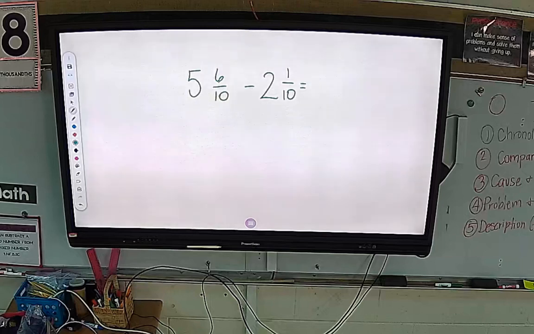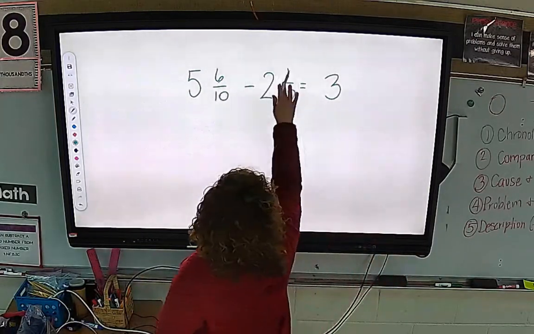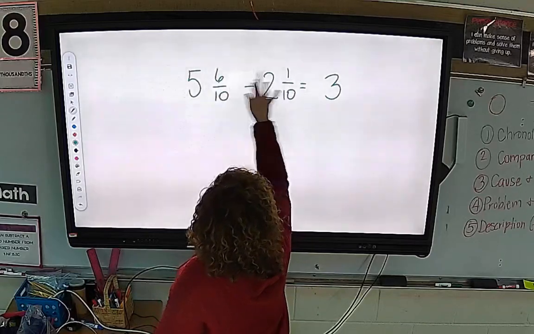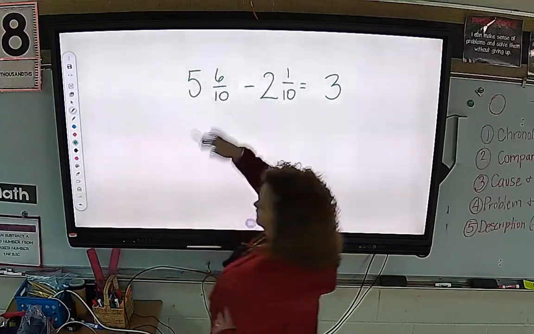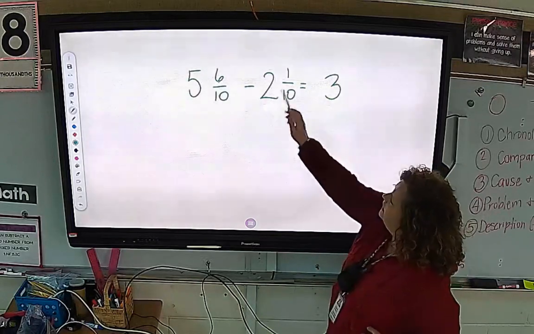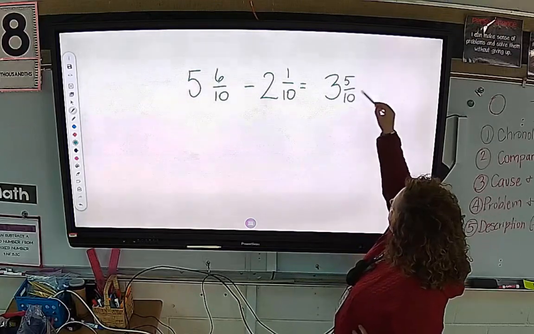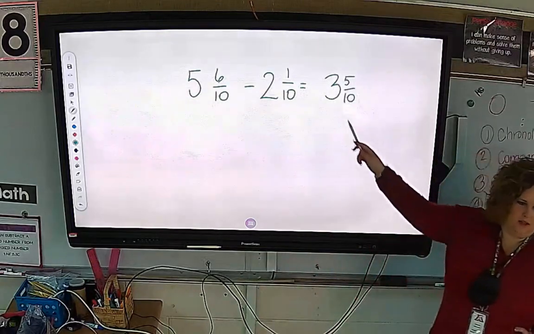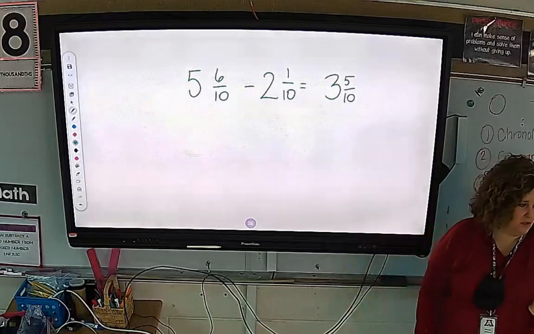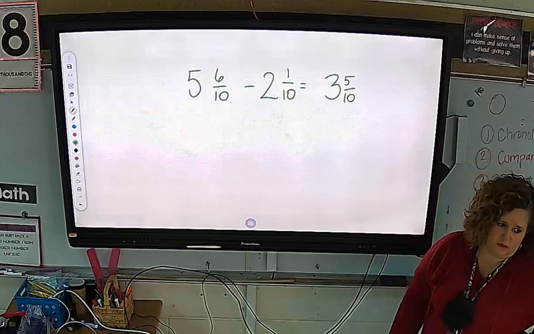Did you have to do math on this? No. What'd you get? You can subtract 1 from 6, looking at the fraction pieces. So I'm going to go the quick way here. I'm going to look at the whole numbers. I can subtract 2 from 5 and get 3. I can subtract 1/10 from 6/10 and get 5/10. This is a 4th grade answer. Perfectly fine. Looks wonderful. But if I asked you for the 5th grade answer, 3 and 1